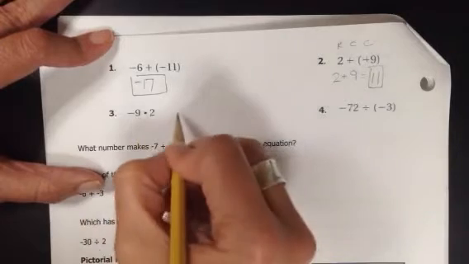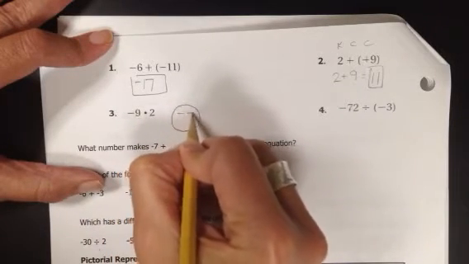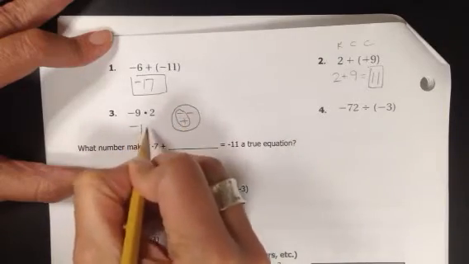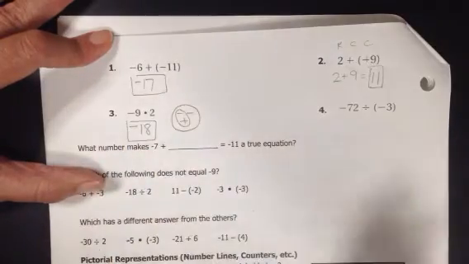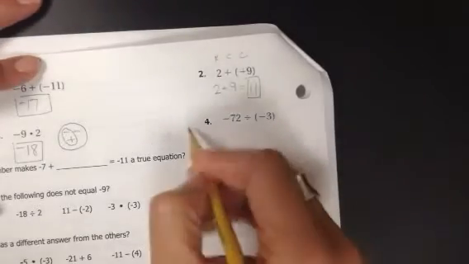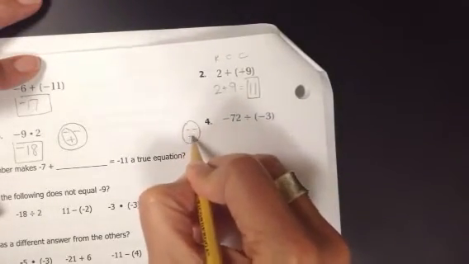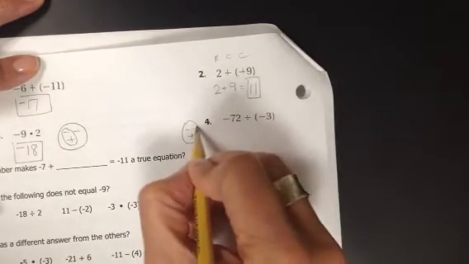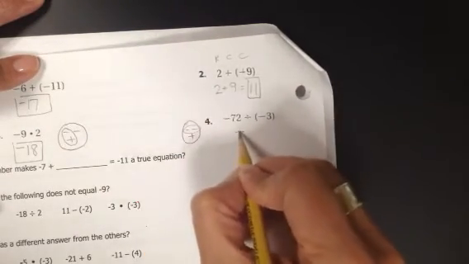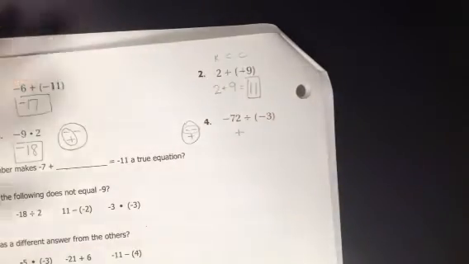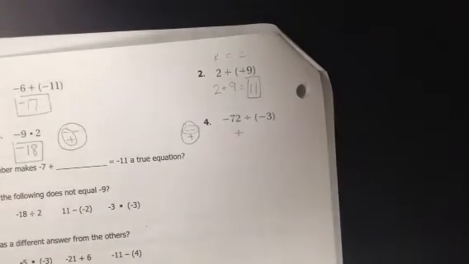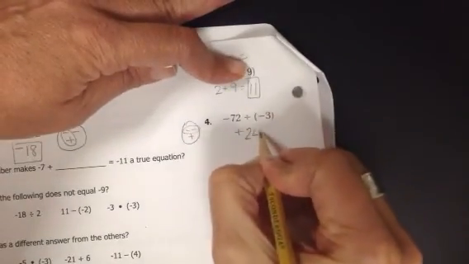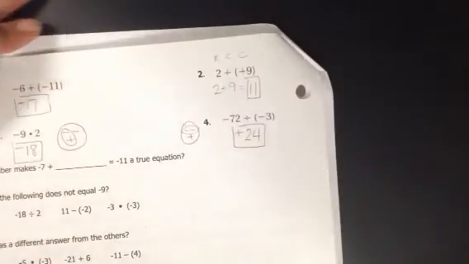This is a multiplication problem, so I use that x diva. A negative times a positive gives me a negative answer, so the answer is going to be negative 18. This is a division problem, so again I use that x diva because x stands for multiplication, diva stands for division. 2 negatives, that's going to give me a positive answer. And when you take 72 divided by 3, you're going to get 24. So this would be a positive 24. Then it asks